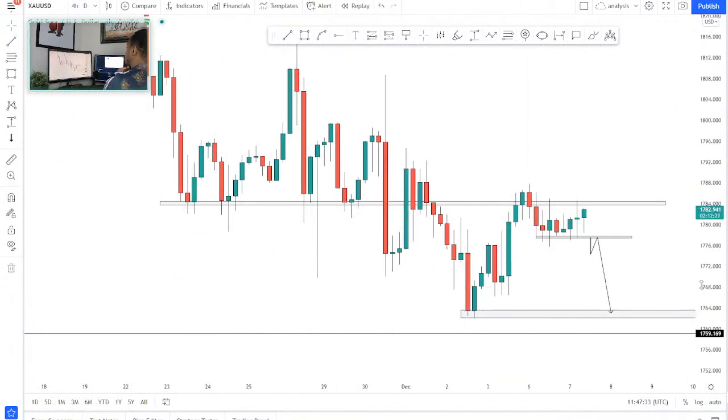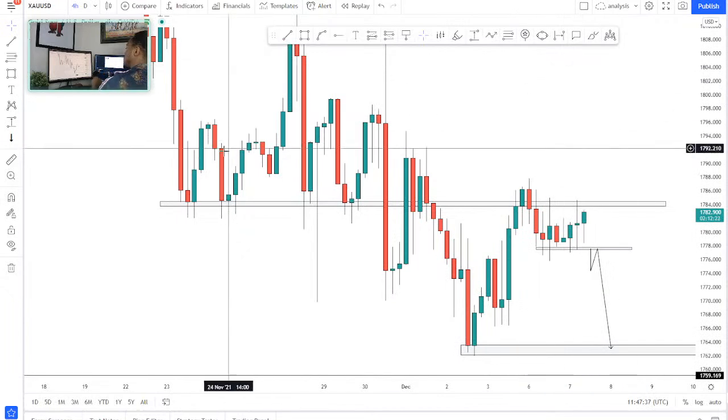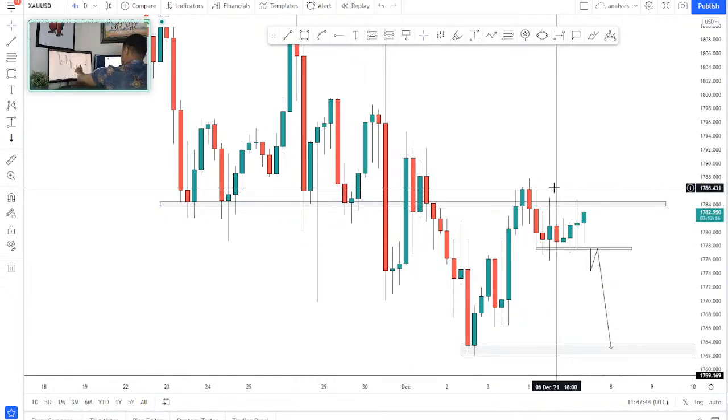But this one, I'm still holding onto a significant support at 1784. You can see support 1, 2, 3, 4 failed to get a close below. This was the news. And now we're coming back to retest it as resistance. So essentially, as long as gold can stay below